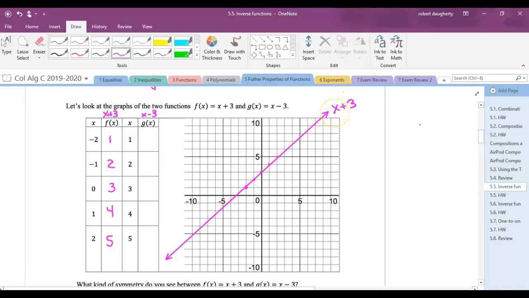Okay. Now let's graph the line x minus 3. So what is 1 minus 3? Negative 2. 2 minus 3. Negative 1. 3 minus 3. 0. 4 minus 3. 1. And 5 minus 3. 2. So 1, negative 2 is right here. And 2, negative 1 is right here. 3, 0. 4, 1. And 5, 2. Okay. So if I graph that line, it goes from this point